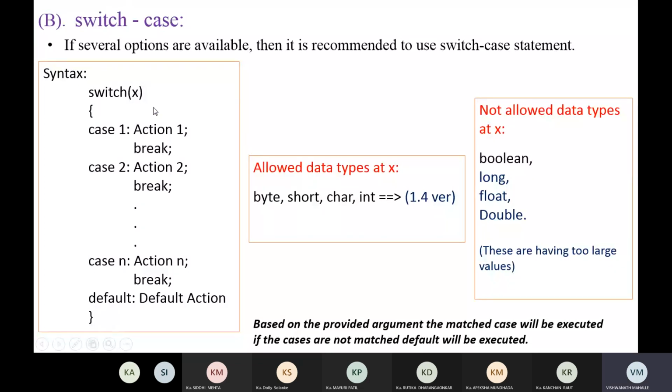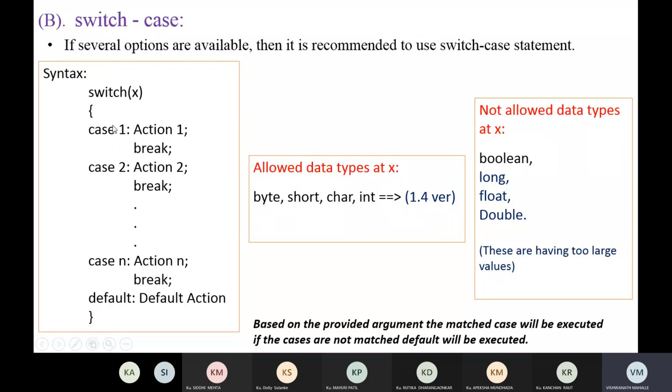This x we are passing here, switch of x, and this x should be integer or character. Okay, so according to the value of this x, the corresponding case will be executed.